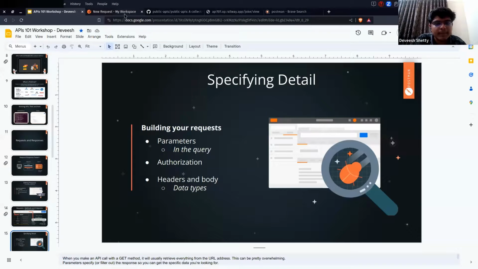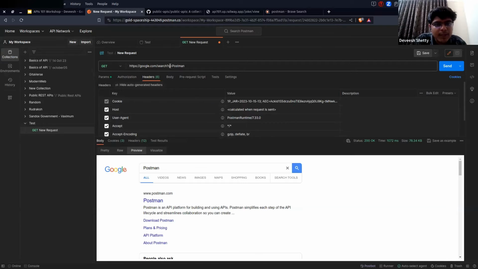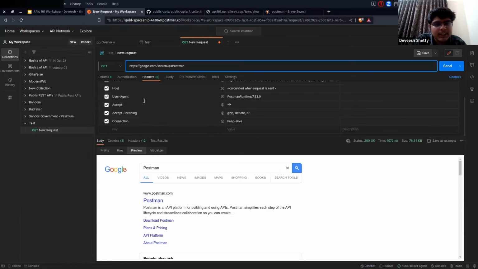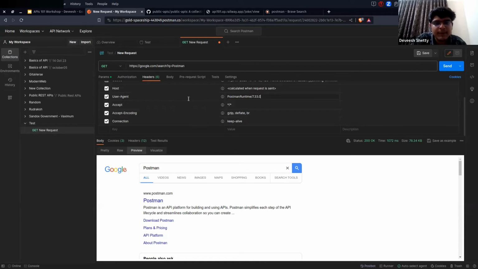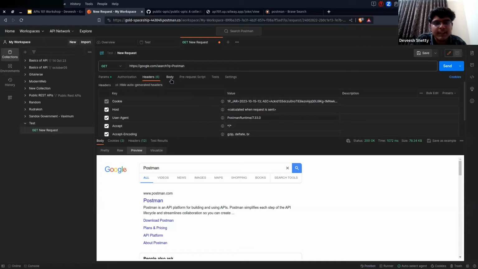Next is headers and body. If you see here, when I send this request, I didn't add this. It got added automatically. This is metadata. If you know about HTML, there's something called meta tags, right? It's similar. It tells the server how it can enhance the request more. It will tell you the user agent is using this, and each has its own meaning. I don't know everything about it correctly. Accept basically tells that it will accept any kind of data. It can accept JSON data, it can accept text, it can accept form. That will be told in the headers. It will define your data more precisely, so your server can respond better.